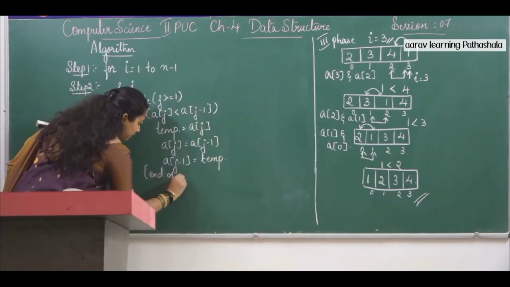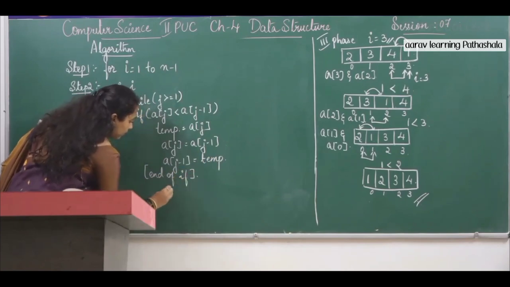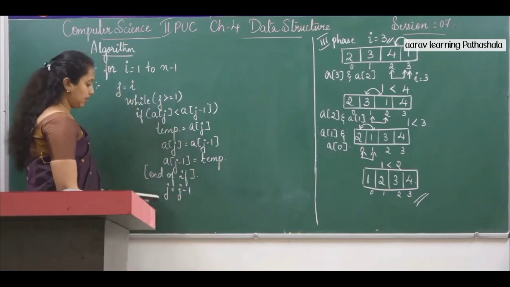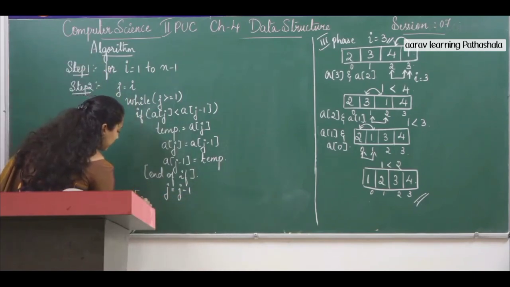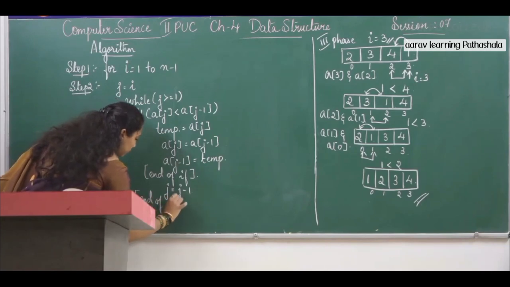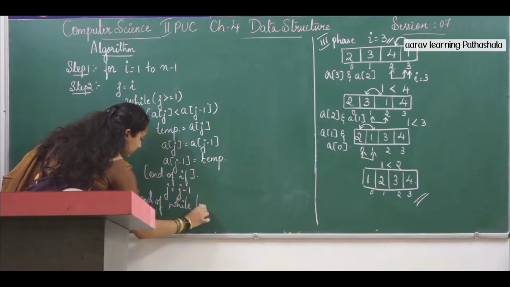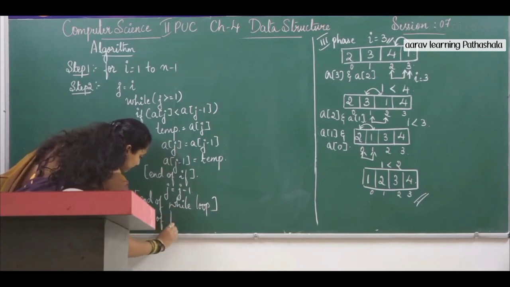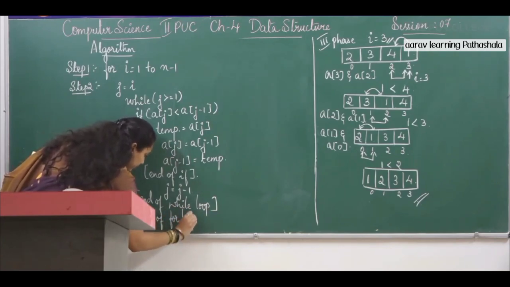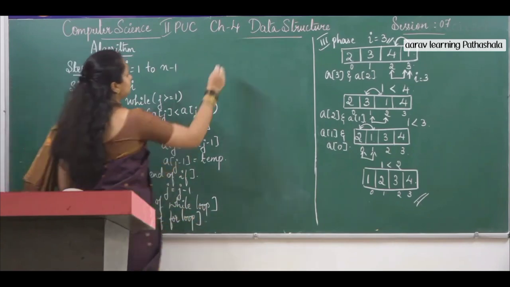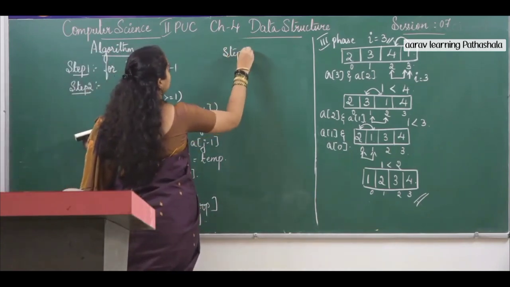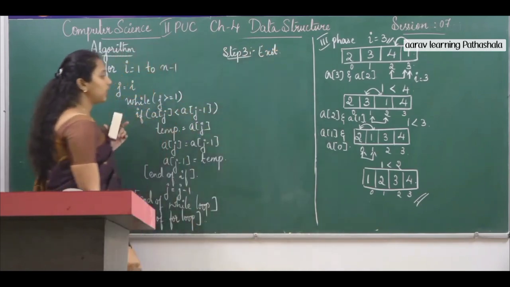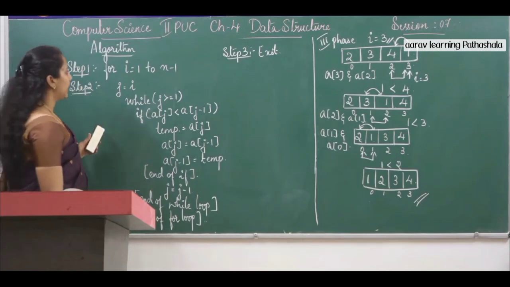End of if. J is equal to j minus 1. J gets decremented. End of while loop. End of for loop. Step 3, exit. So in the algorithm,